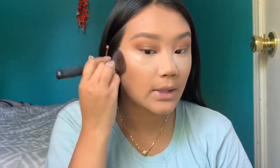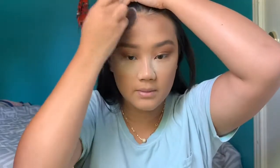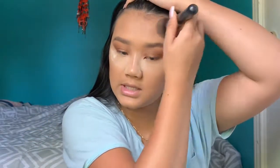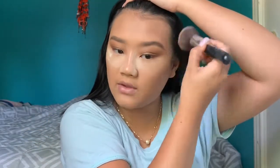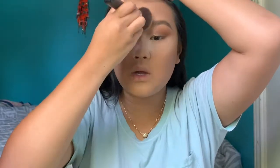I would just set the rest of my face that didn't get the translucent powder. Personally, I feel like my makeup doesn't come out good unless I set my face, and I don't like my face feeling sticky or wet, so I always set my face. Powder for my contour,